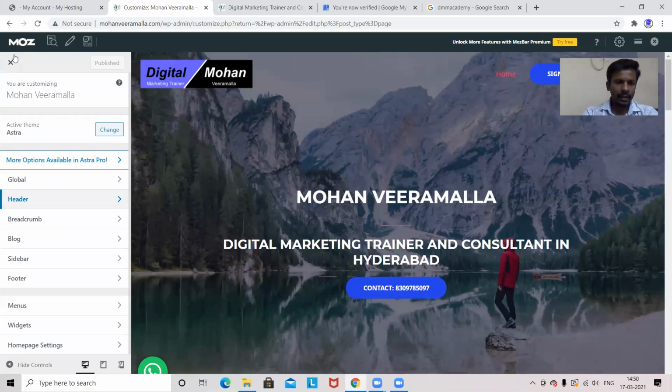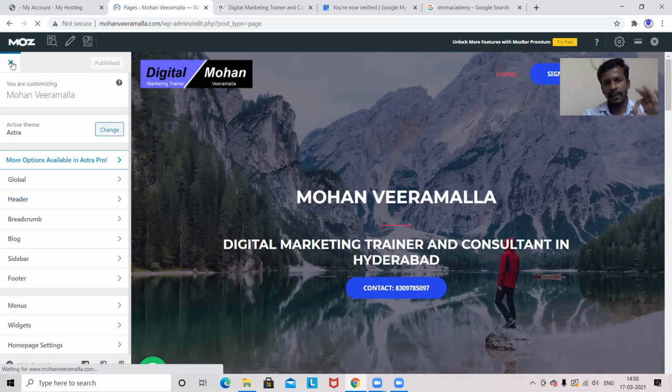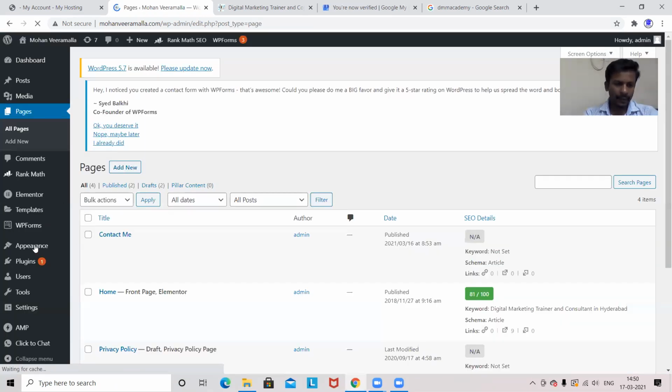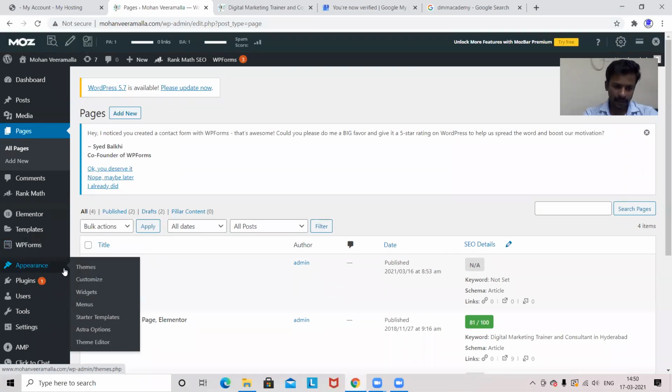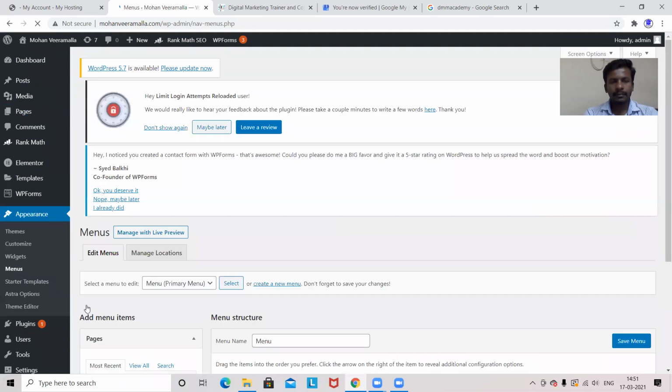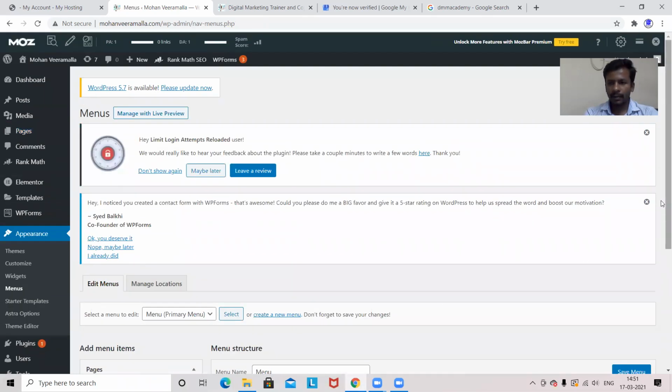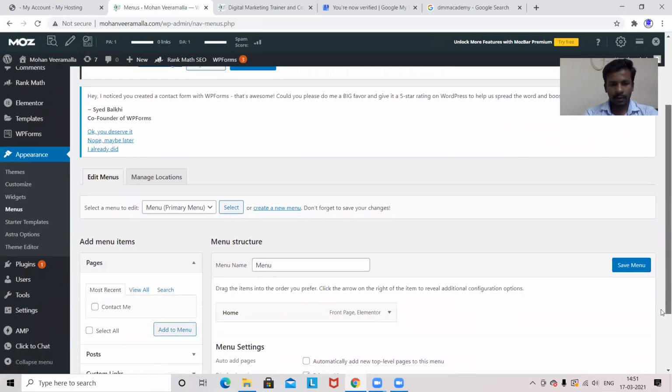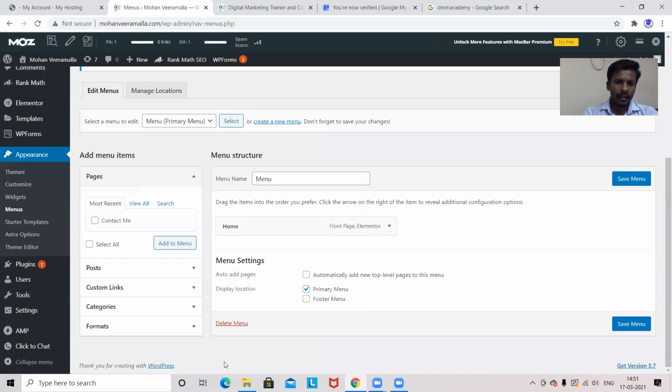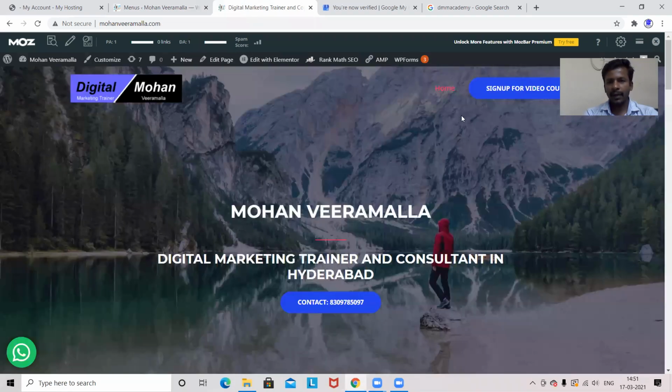So for that, I'll go to the appearance part in the dashboard, where we went for the customization section. Here we did the logo part and site icon part. Now I'll go to menus here. See, in this menu, I have only one page, which is the home page, which I can see from the front end of my website.